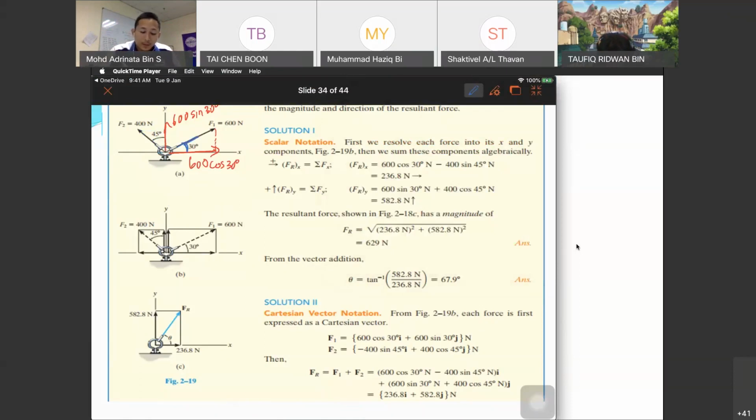Okay, so for F2, this is our force and this is our theta. The theta is just put that way to evaluate whether you understand or not about breaking, separating the force into X and Y. Okay, so yes, F2,